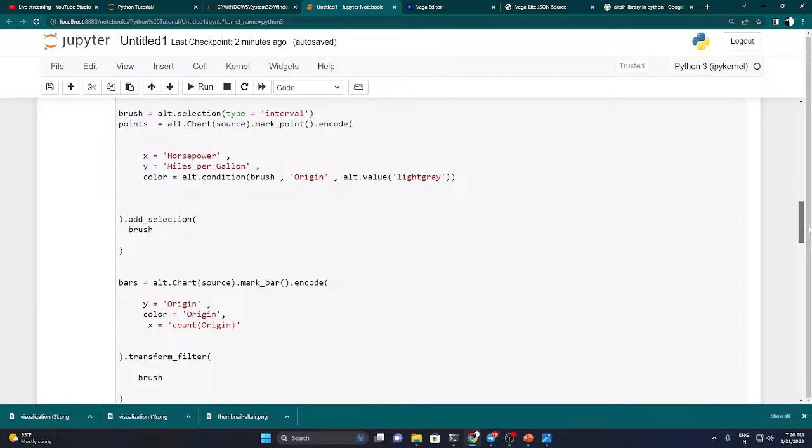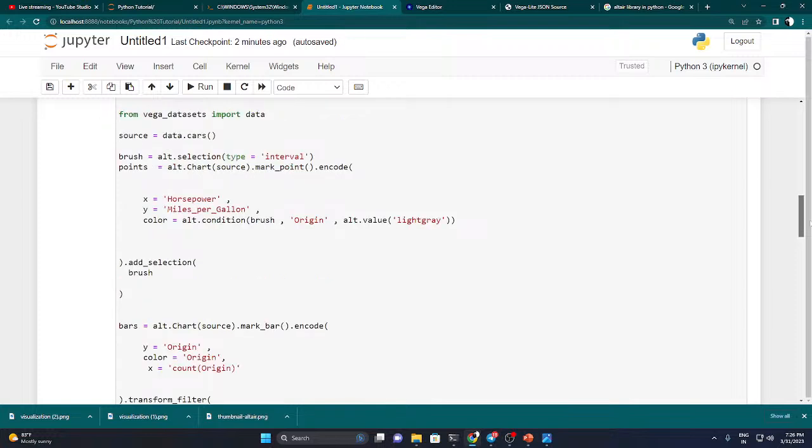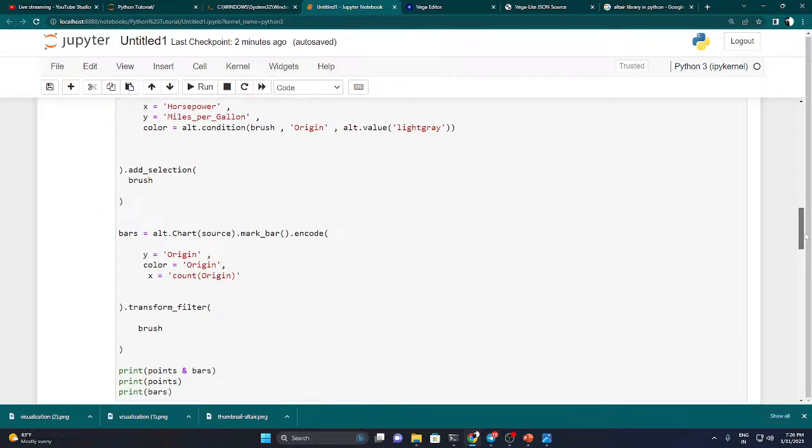So for today, guys, this much is enough. I have shown the introduction, how it works, and what are the things we can do with the Altair library. If you want to learn in detail how Altair can be useful in data science and data analysis, and how we can create different types of visualizations,